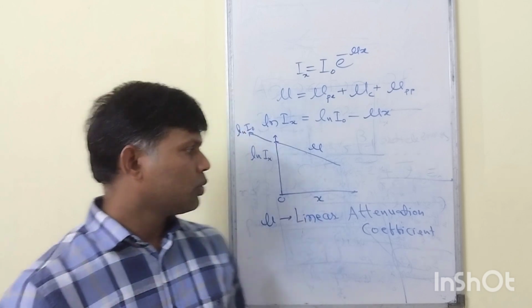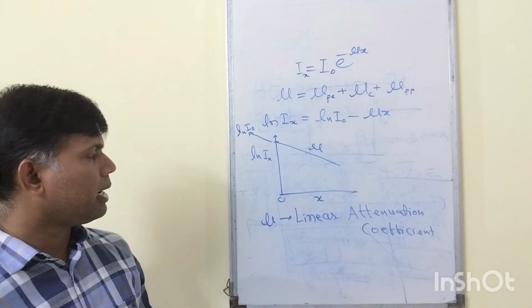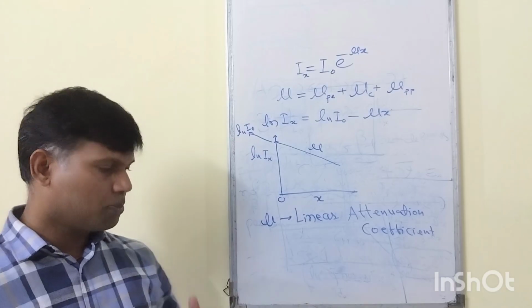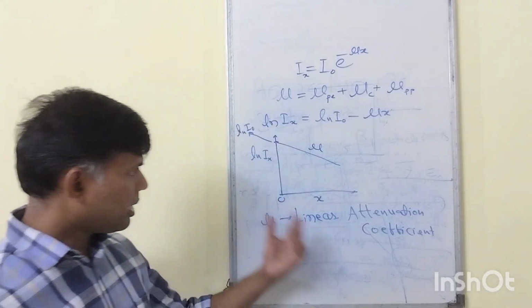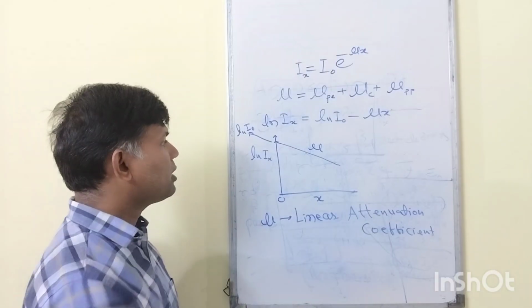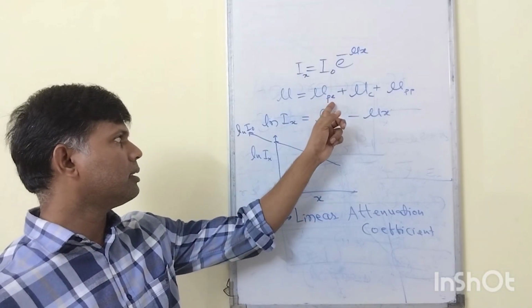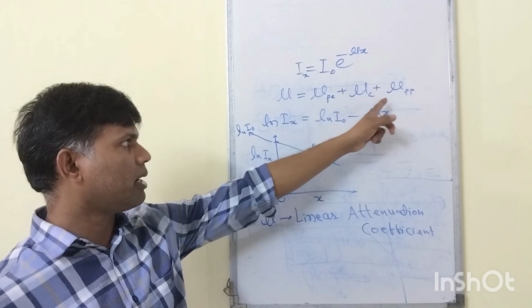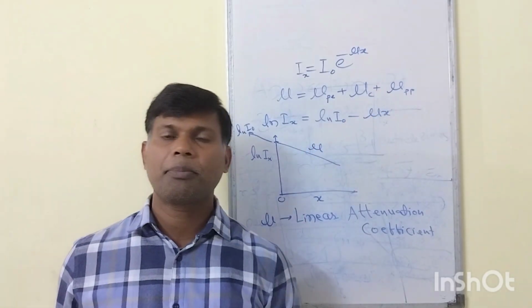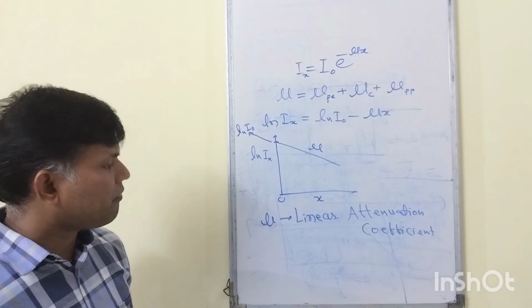Since I am using gamma ray passing through a medium, I am using attenuation, so mu is the linear attenuation coefficient. This mu depends on photoelectric effect, Compton effect and pair production. So this happens differently for different